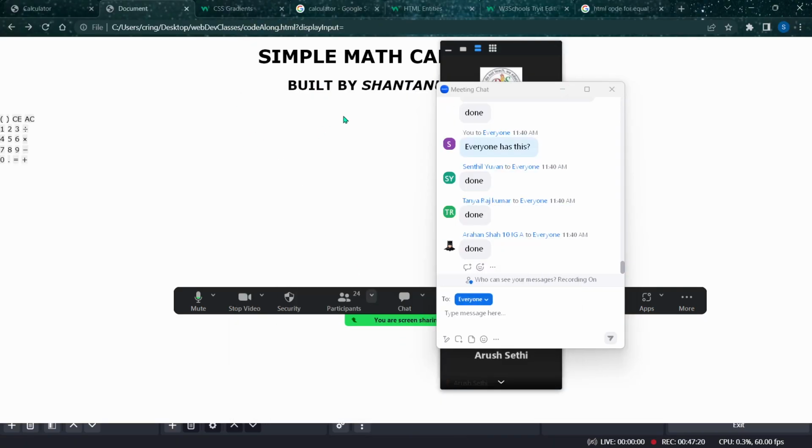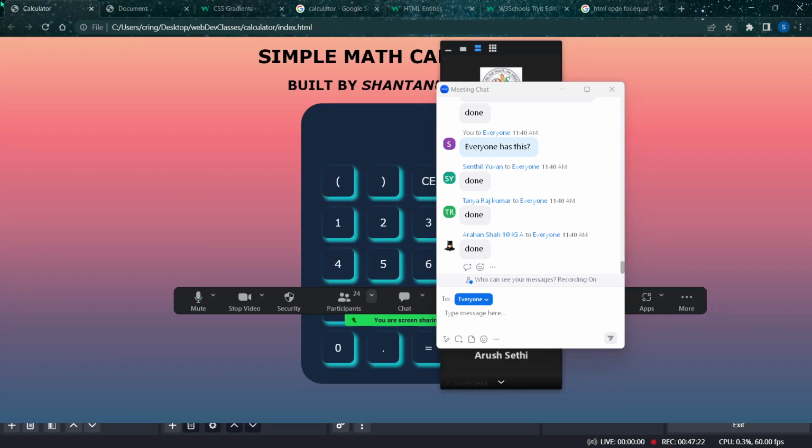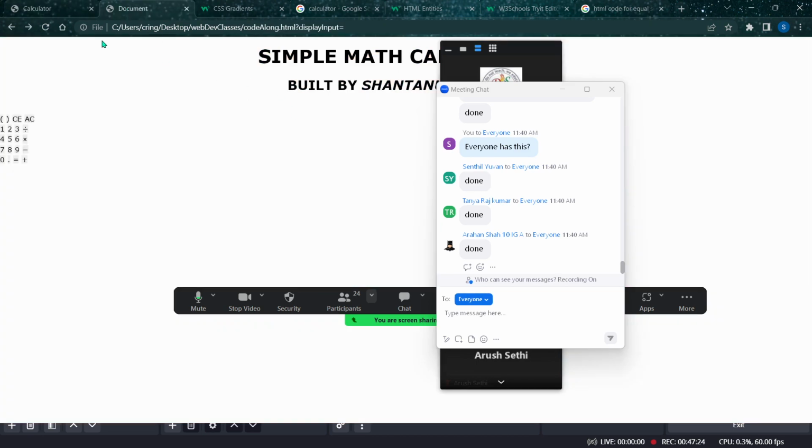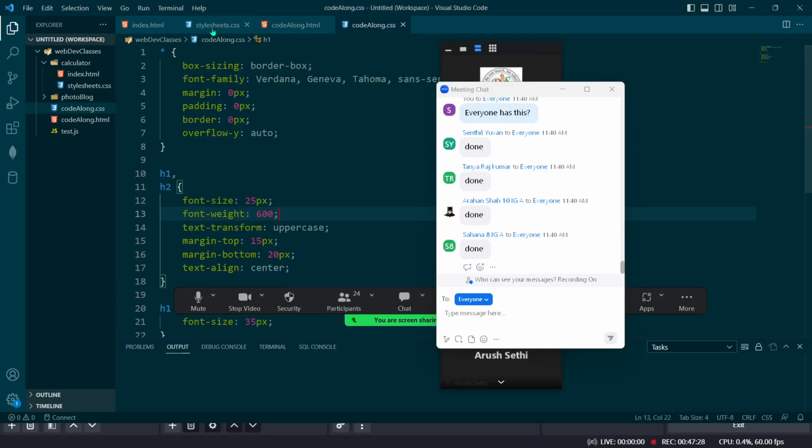You can look at the website now. It looks much better. It's looking pretty similar now. Now we need to fix the calculator. It's a big part. So now I'm gonna go back to my style sheets and I'm gonna see what I